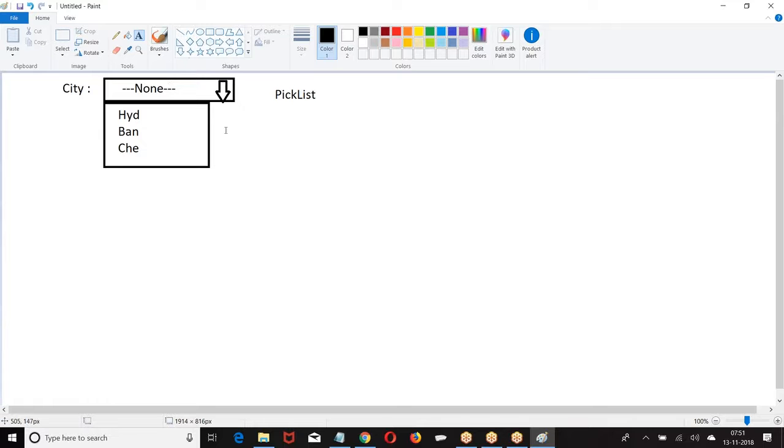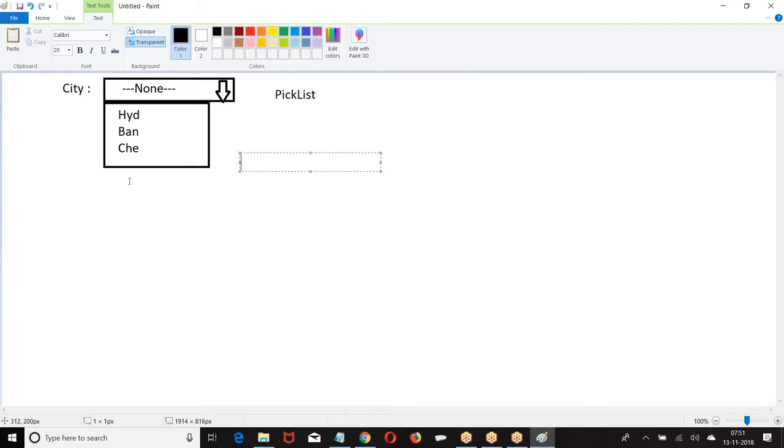Now, how many options did I enter here? 3 options. Maximum, how many options can I enter? Maximum 1000 options we can enter. What is the length of each option?